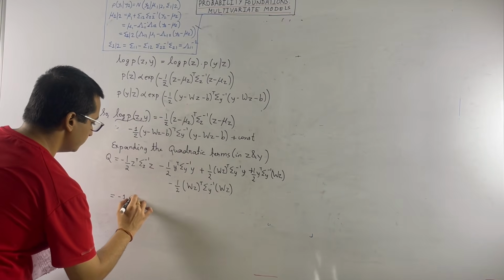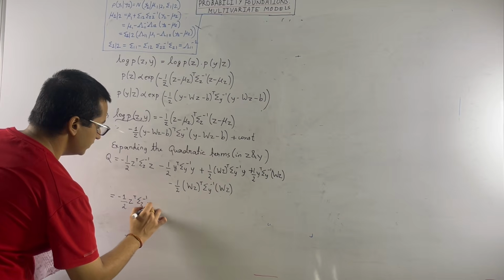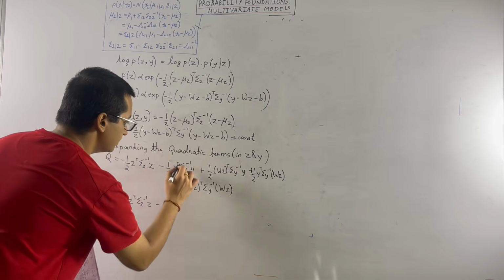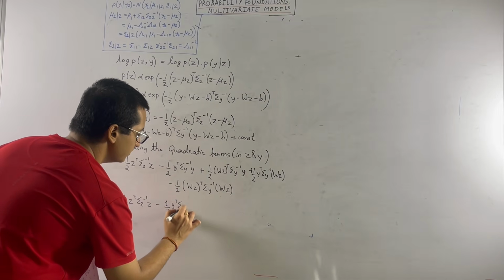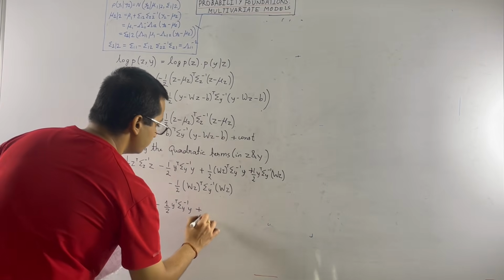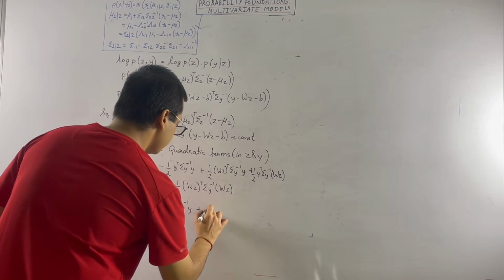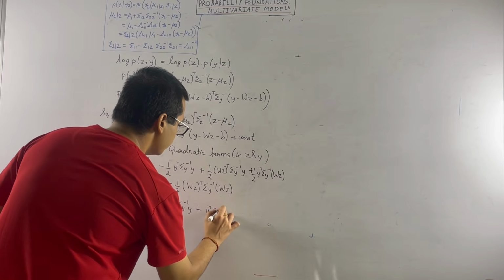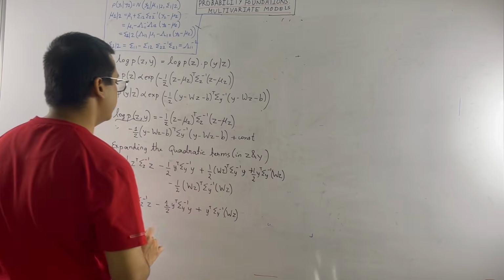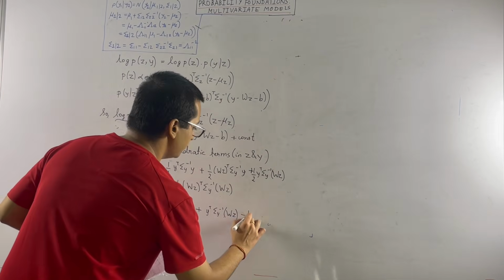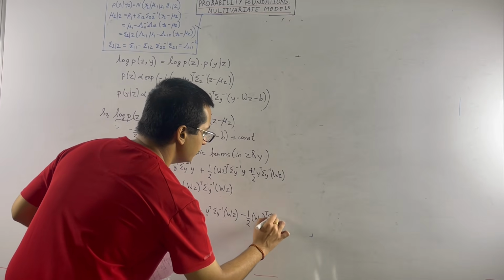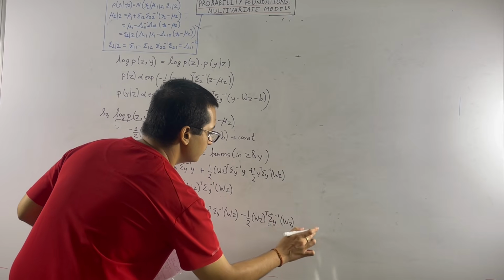So it is z transpose Sigma_z inverse z, all right, minus half this term y transpose Sigma_y inverse y, all right, plus y transpose Sigma_y inverse W_z, all right, and this part is minus half W_z transpose Sigma_y inverse W_z. Okay,